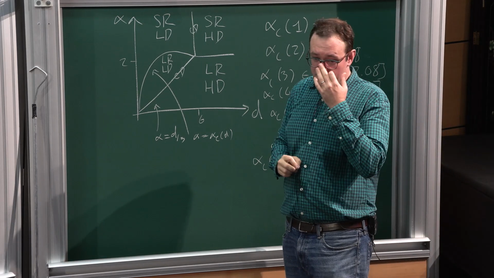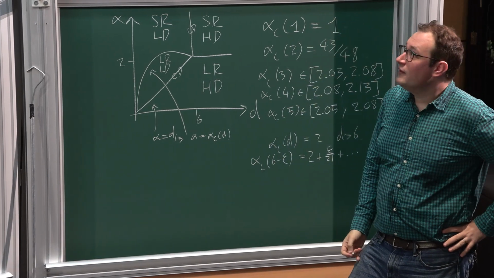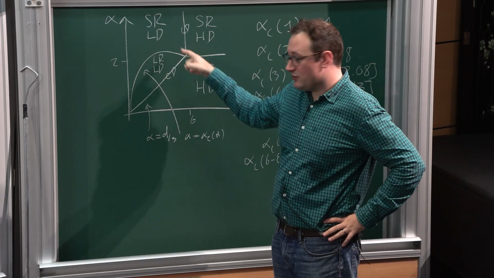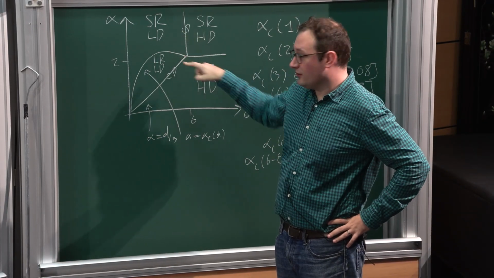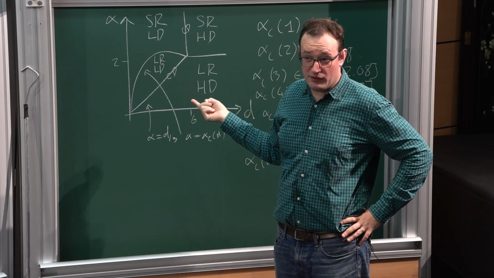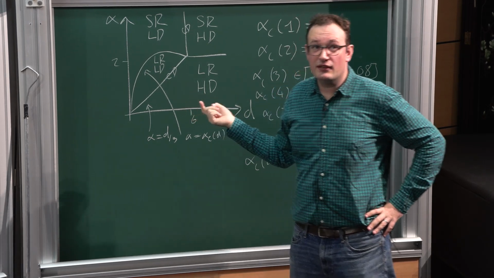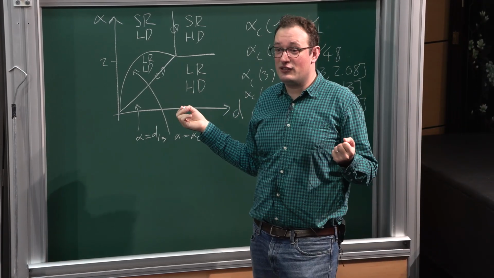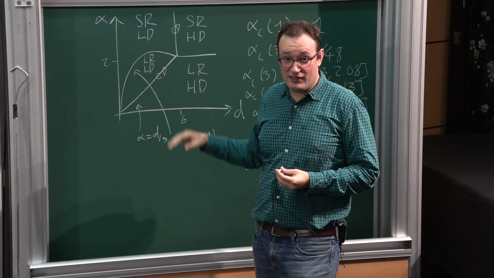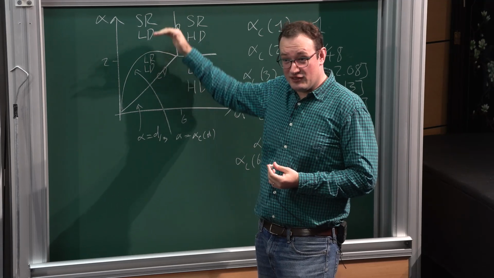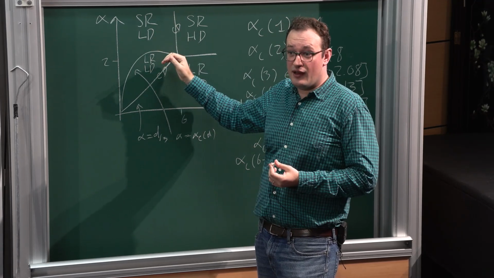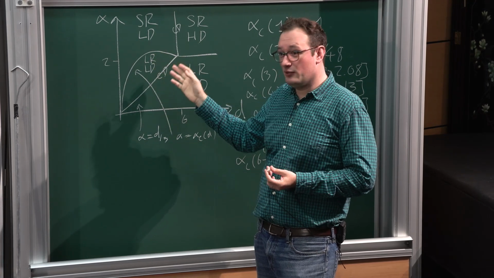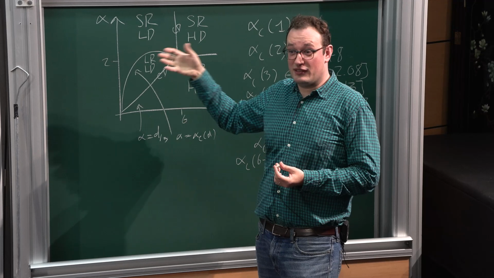So, one thing about this is that, of course, this boundary between the short-range low-dimensional and long-range low-dimensional is going to be extremely difficult to understand. The approach that I've taken for this regime is to define axiomatically what it means to be in one of these regimes in some kind of weak sense, and then try to compute the exponents, proving all the things we would conjecturally like to be true, subject to that assumption.